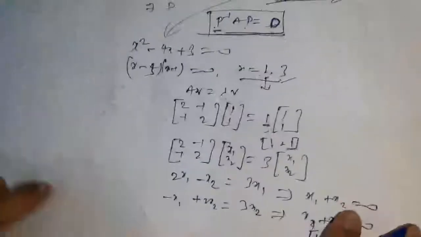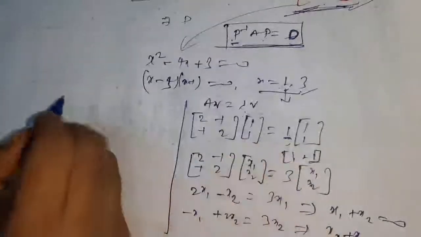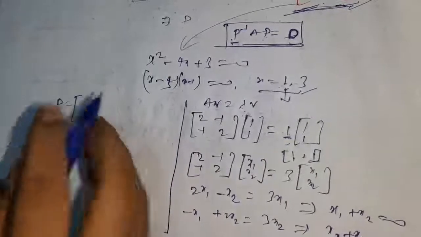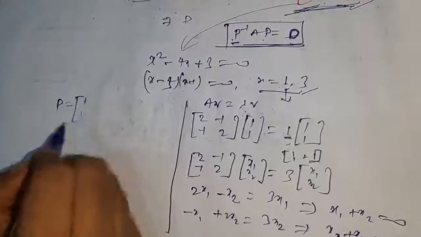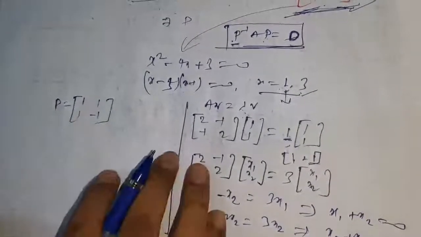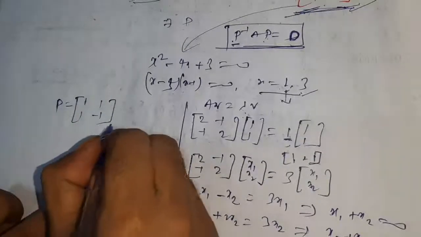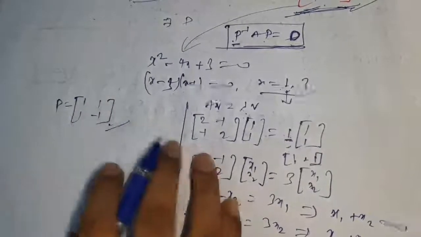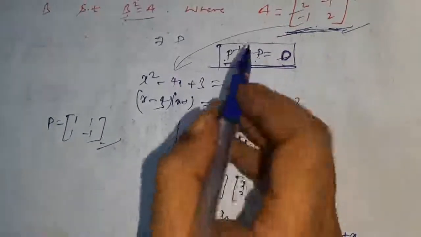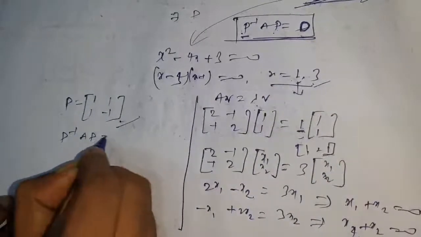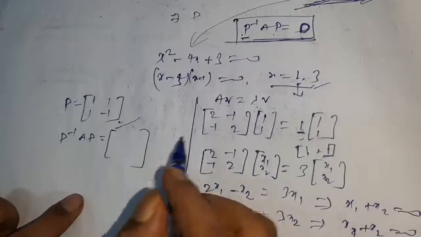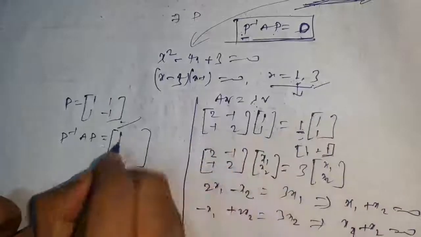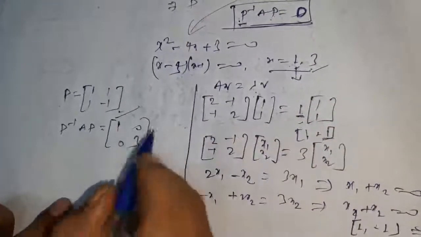Okay, now in this way what will be the value of P? Just put the eigenvectors as columns. So 1 1, 1 minus 1 will be the entries of matrix P. This is also diagonalizable. So the value of P you know, so you can write P inverse AP is equal to D. D will be just the diagonal entries only, and the diagonal entries will be the eigenvalues 1, 3. Okay, 0 0, that's right, D.